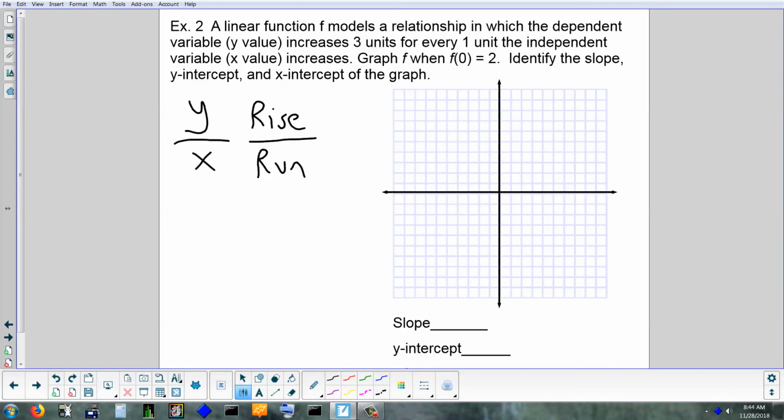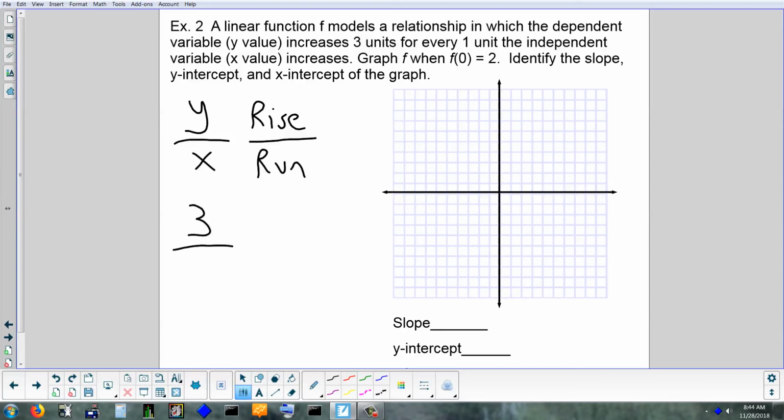You're going to put your y, or your dependent variable, over your x, or your independent variable. And that's going to be your slope, all right? So it tells us the y value increases 3 units. What does that mean? What number is that? Positive 3, right? So I don't have to put a sign with it. I can just put 3